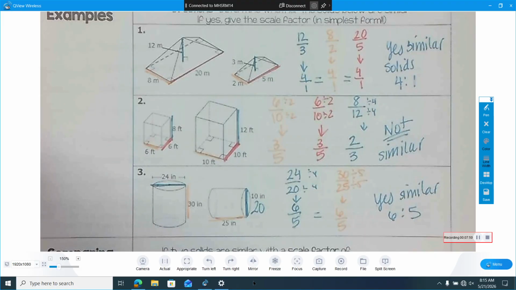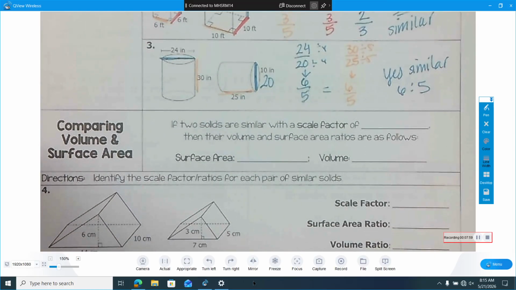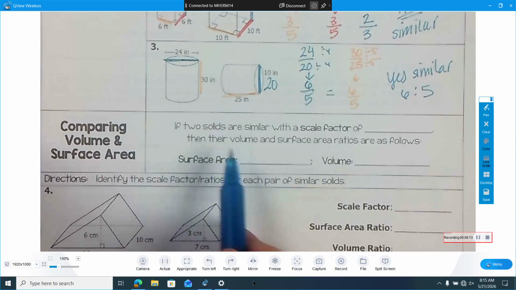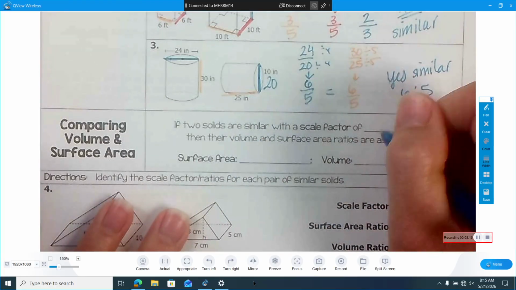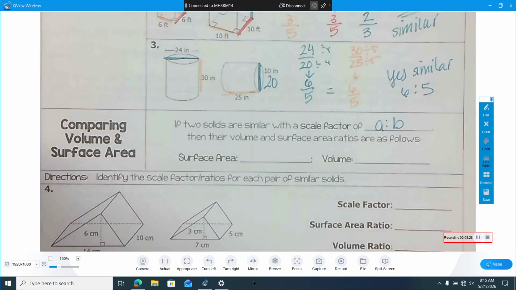All right, because those linear measurements match, they are similar figures. So what's very interesting about similar solids is that if you know their scale factor, then we can also figure out what their volume will be, or what their surface area will be, which is very, very cool. It turns out that if 2 solids are similar with a scale factor of A to B, so those are linear measurements, remember, then if we know their linear scale factor, their volumes and surface area,